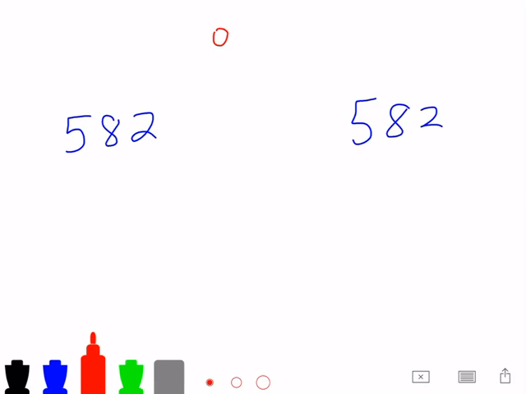One, we're going to round the number 582, first to the nearest 10 and then to the nearest 100. Now before I do that, I'm going to go ahead and set up my numbers up here as a reminder